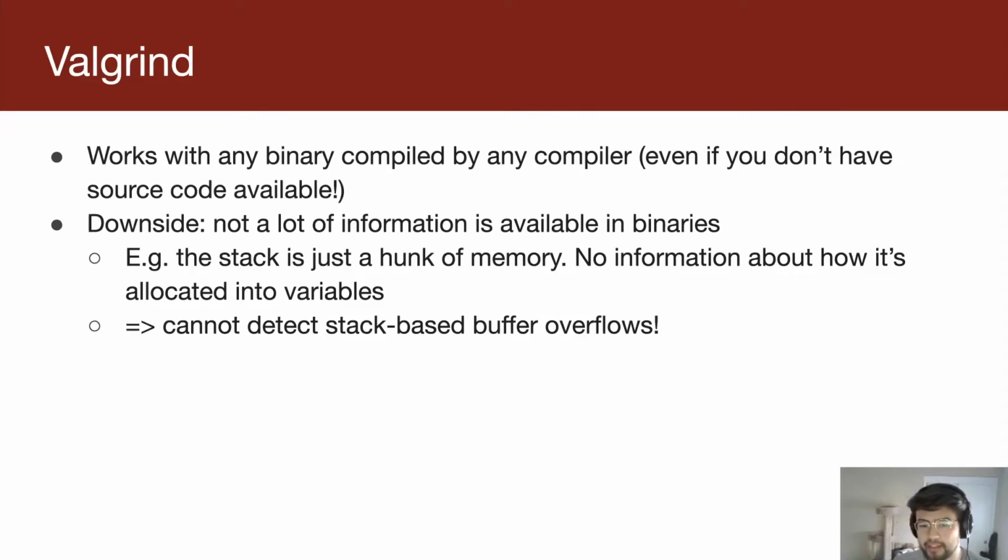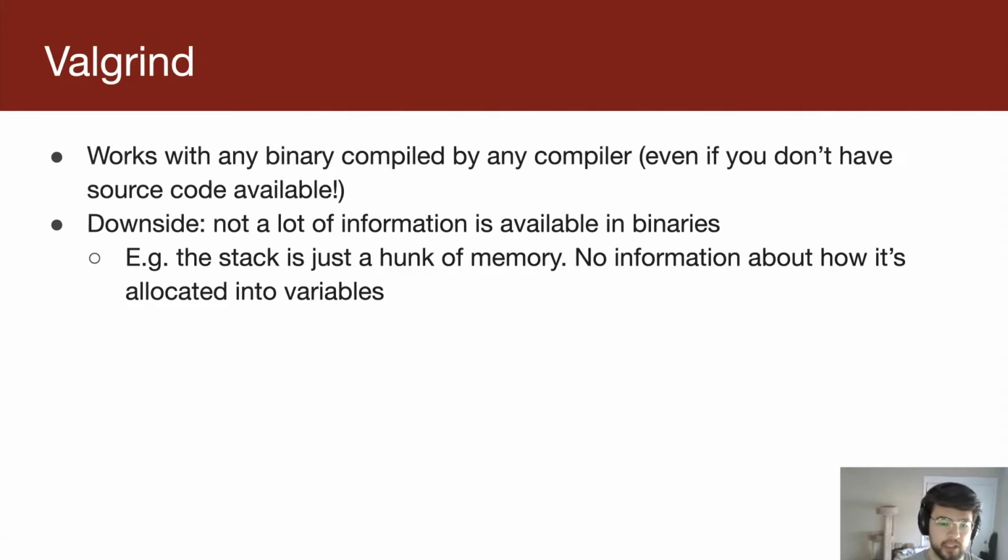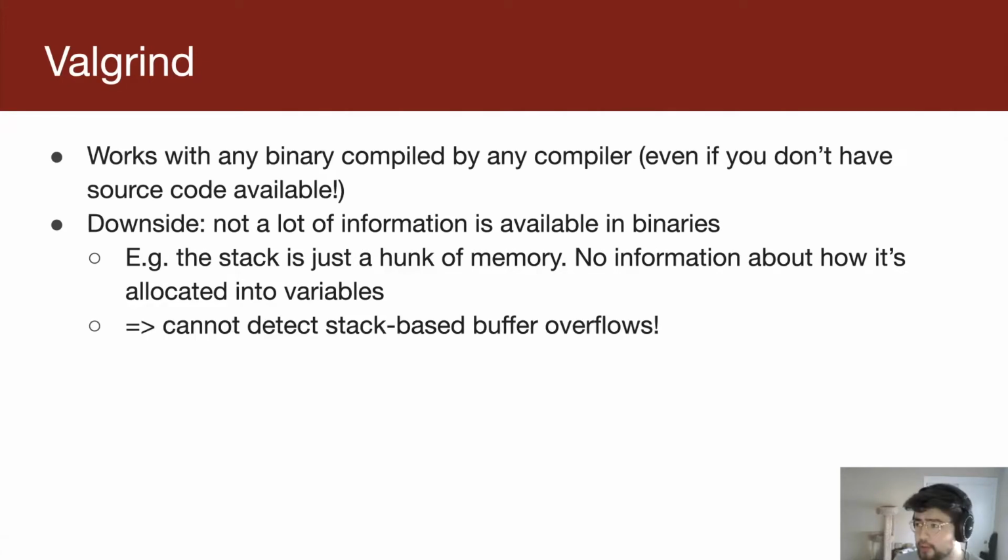And so if you have a stack-based buffer overflow, I think I have a... no, I don't. I didn't have an example code. I do on the next slide. Valgrind won't tell you. It has no clue that you wrote past the end of the array. This is one reason why, in CS 107 and 110, you can get comments on your style grading saying you have a buffer overflow here. And you're like, wait, but I ran it through Valgrind, and Valgrind said I didn't have any buffer overflows. And it's like, yeah, well, Valgrind can't see everything. It doesn't really have that much information.